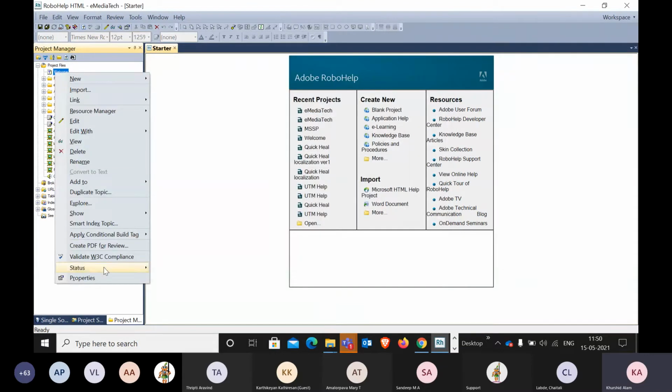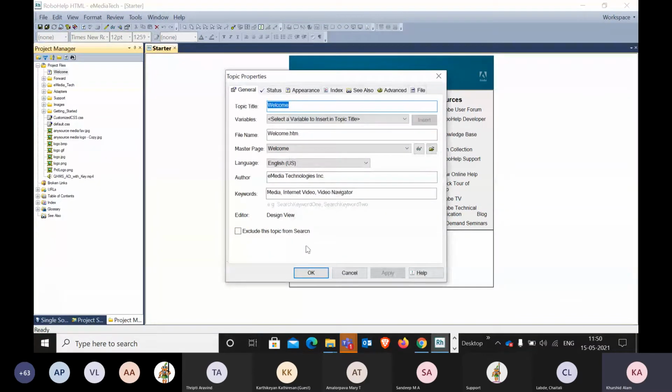Now I'm going to show you how to edit or configure a topic, just as I showed you. I will actually show you the already created one. Why? Because I have set everything here and will show you the differences between two topics.